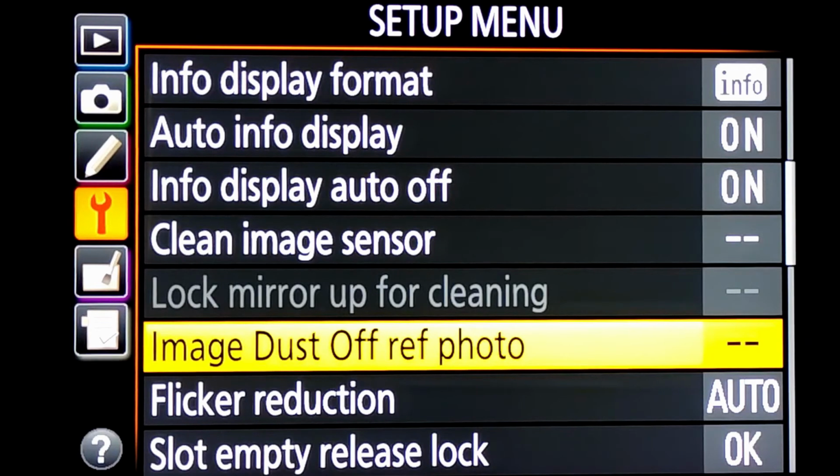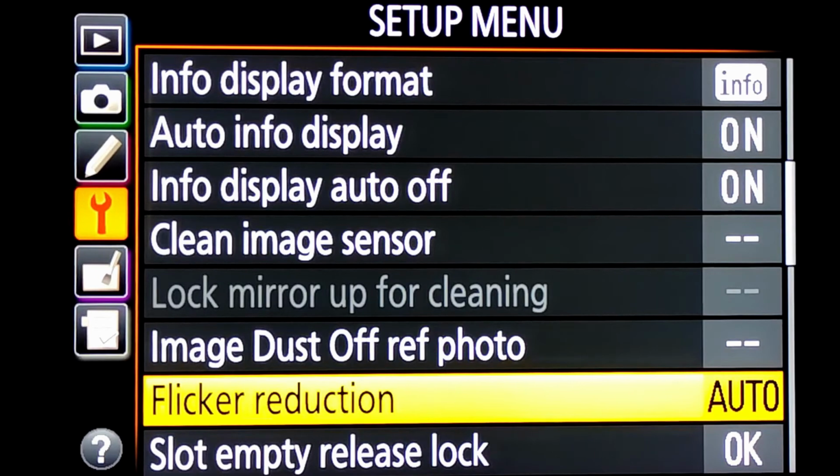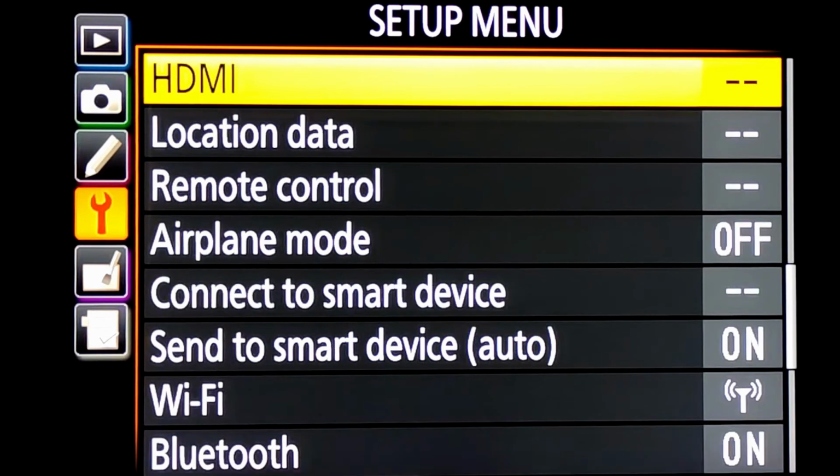Then there is a setting for selecting an image to check with the dust reference photo. So that can be again assigned and selected. We can minimize the flicker reduction. It is set to auto. Then slot empty release. The next is the HDMI setting.